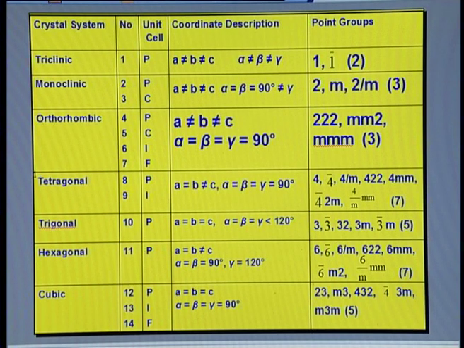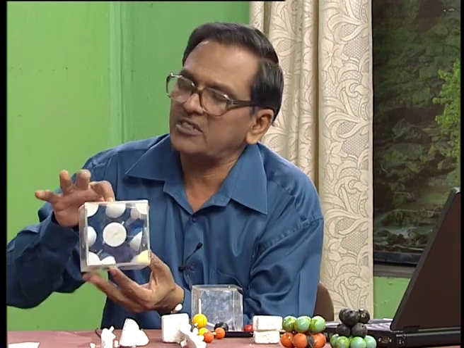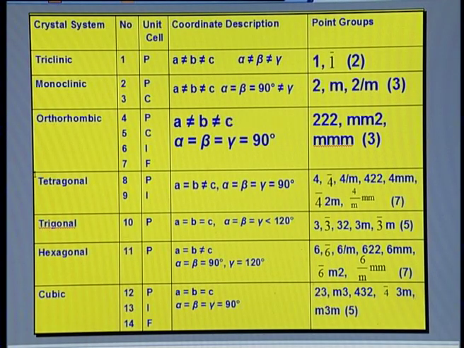So, one is primitive, one is C lattice. C lattice means C centered, only one pair of faces, that means opposite faces, are centered, not all the faces. That is called a C centered lattice, a primitive lattice and a C centered lattice. And like that, orthorhombic will have 5 unit cells: primitive, C centered, and I and F. I is the body centered and F is the face centered, and all these can be clubbed into one